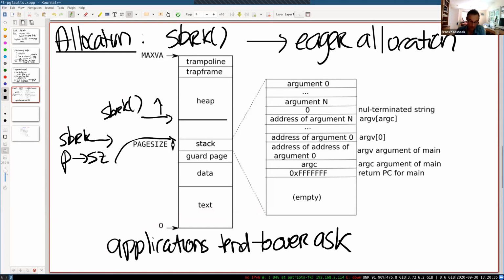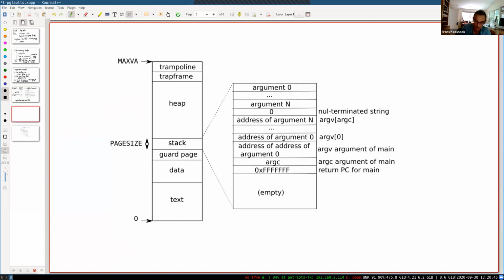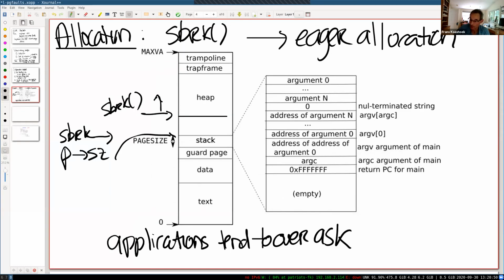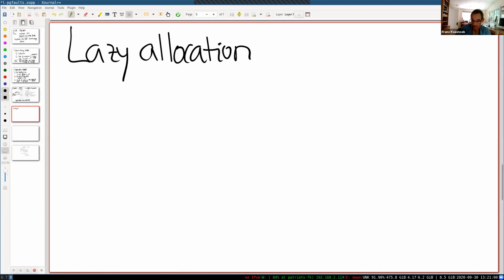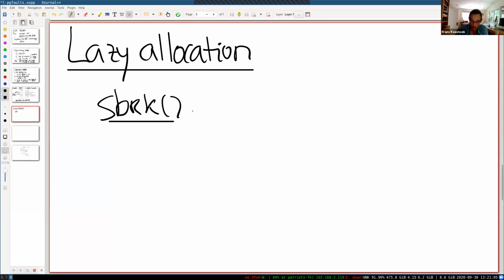In principle, this is not a big problem, because using virtual memory and page fault handlers, we can respond to that in an intelligent manner, by basically doing lazy allocation. The basic idea is very simple. At sbrk, we're basically going to do almost nothing. The only thing that we need to remember is, of course, that we did grow the address space. So the only thing we're going to do is bump up p->sz,